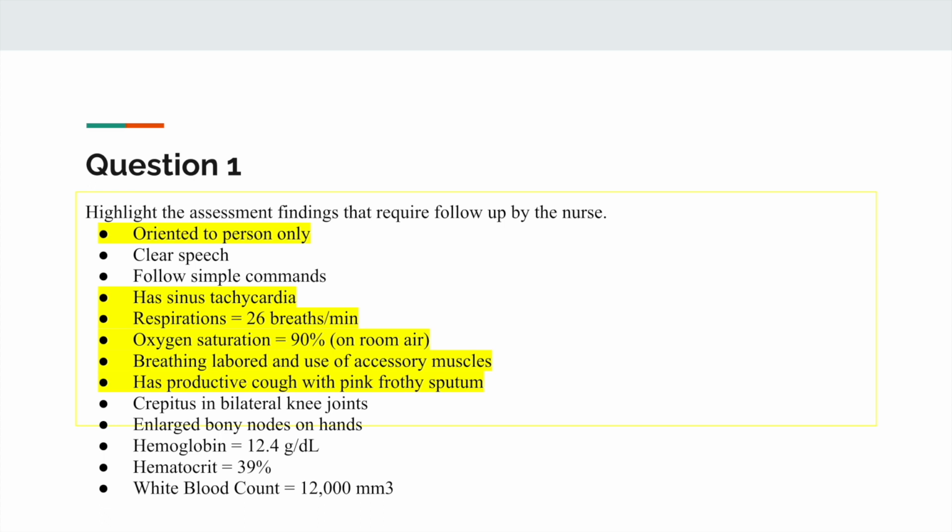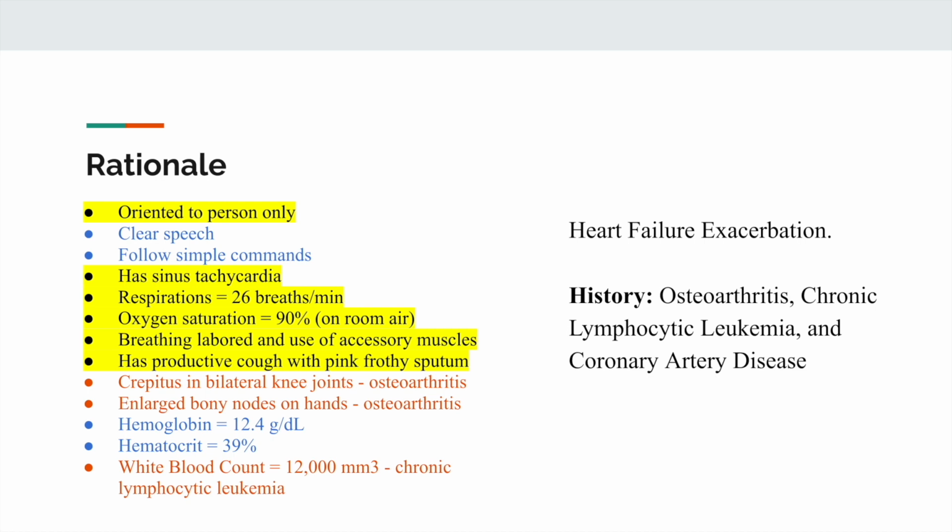So the reason being is we have to think about her diagnoses. If we look at her history, she has a history of osteoarthritis. So for osteoarthritis, the crepitus in bilateral knee joints and enlarged bony nodes on hands are signs of osteoarthritis. So we know she has that. So for her, that is normal. Abnormal for anyone who doesn't have that, but for her, normal. So that is why that is not